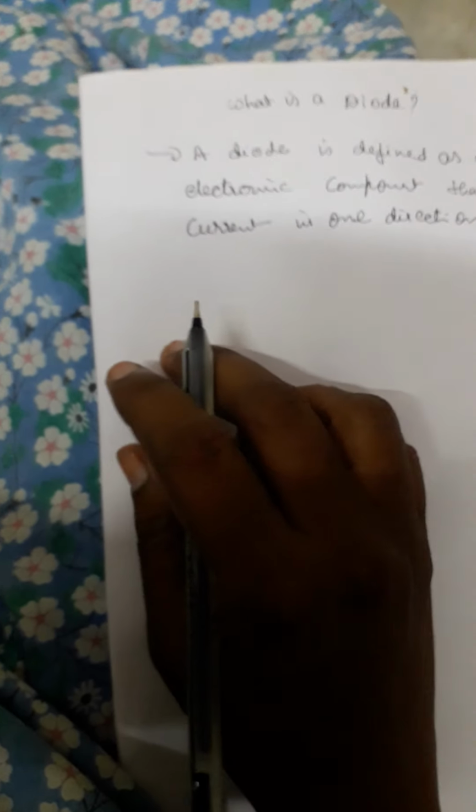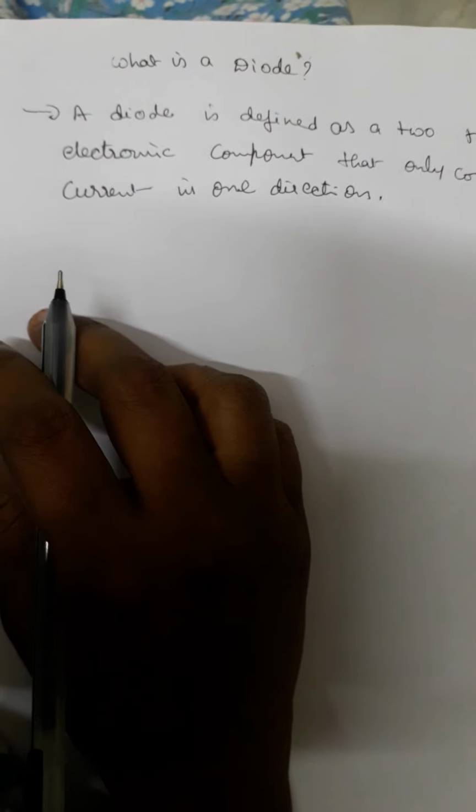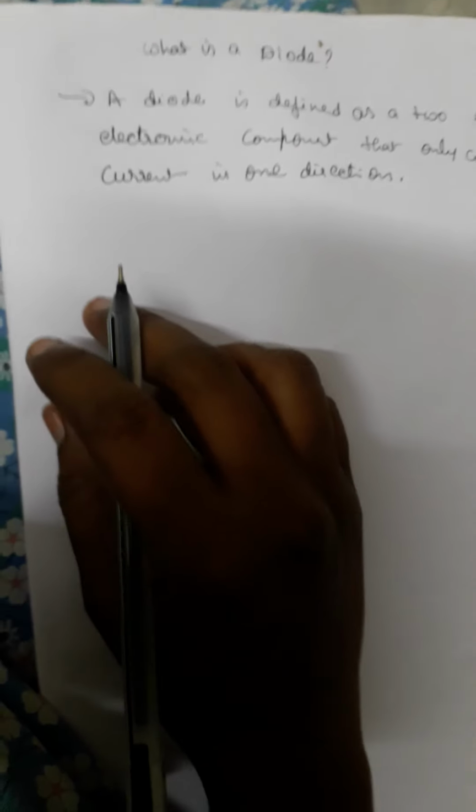An ideal diode will have zero resistance in one direction and infinite resistance in the reverse direction. Although in the real world, diodes cannot achieve zero or infinite resistance. Instead, a diode will have negligible resistance in one direction and very high resistance in the reverse direction. A diode is effectively like a valve for an electric circuit.